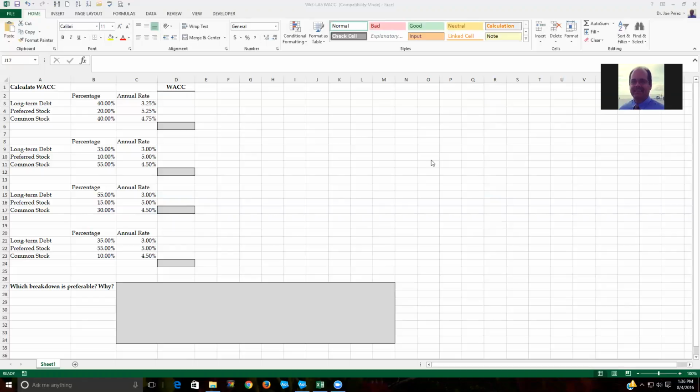And the topic, what we're learning for this particular learning activity, is the weighted average cost of capital. Well, the weighted average cost of capital, or WACC as it's referred to, is a calculation of a firm's cost of capital in which each category of capital is proportionally weighted. All sources of capital, including common stock, preferred stock, bonds, and any other long-term debt, are included in a weighted